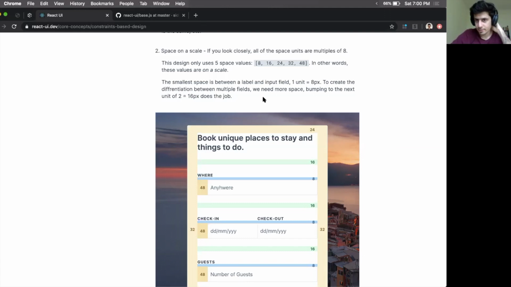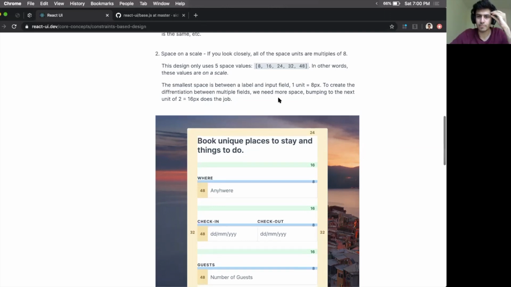But one thing that is more practical that I took from the designers that I worked with is that they always try to be on some sort of grid system. They either pick an 8-point grid or a 4-point grid, or very rarely a 5-point grid. And that helps them to create this symmetry or this rhythm in their application.